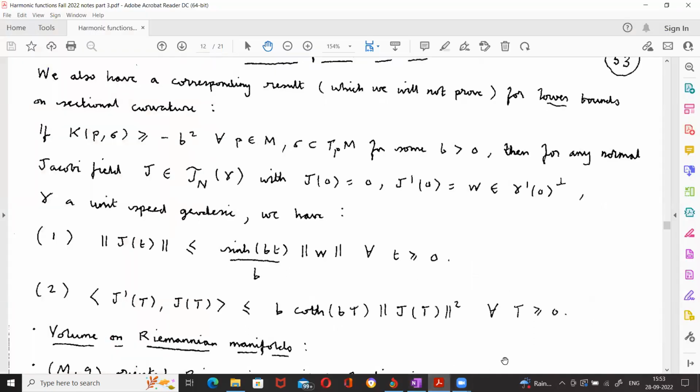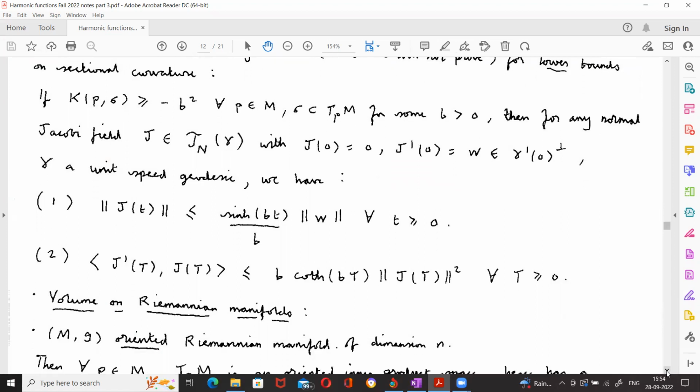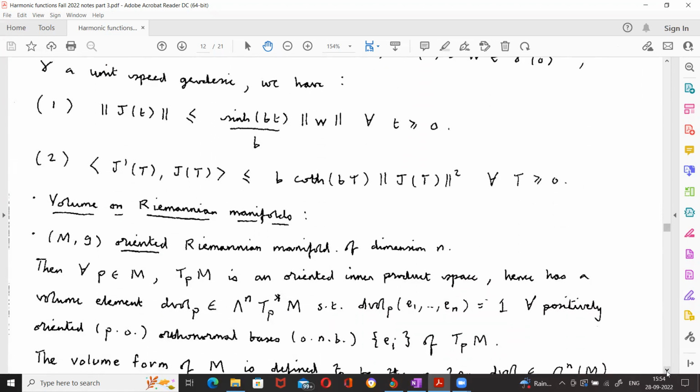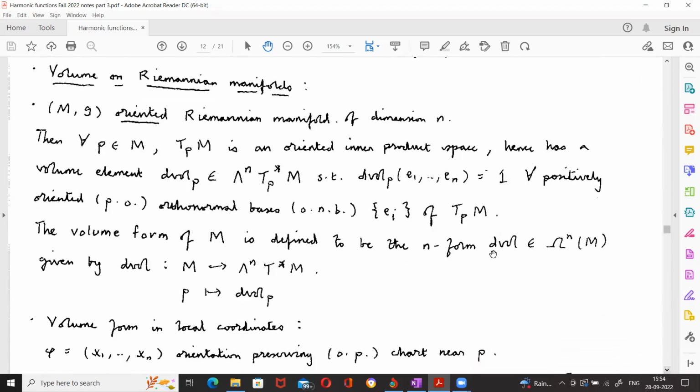Anyway, for Jacobi fields we have these two-sided bounds. We've proved the lower bounds. I'm not going to prove these upper bounds; actually, the proof of these is a little more difficult than the proof of the lower bounds, but these are also true. So to finish, let me briefly talk a bit about volume on Riemannian manifolds